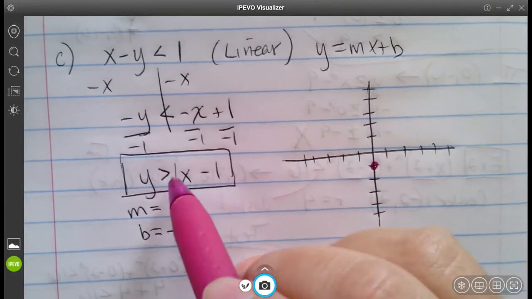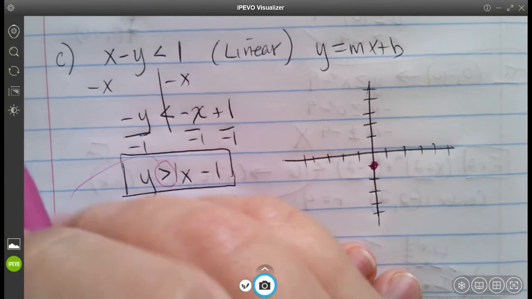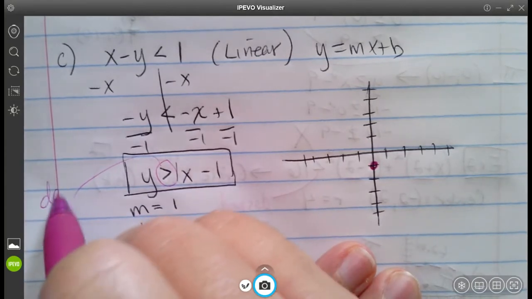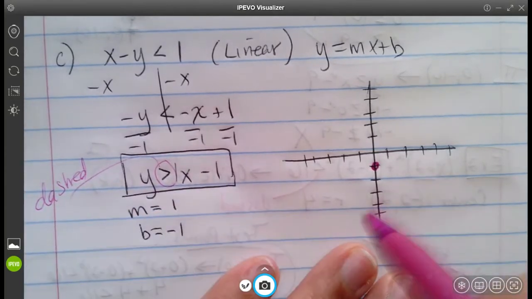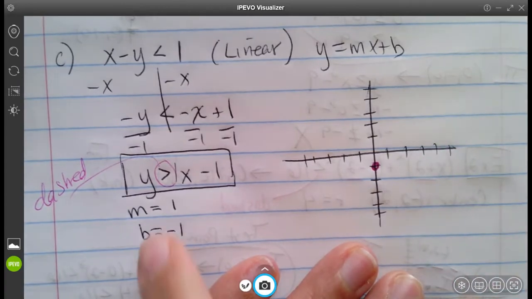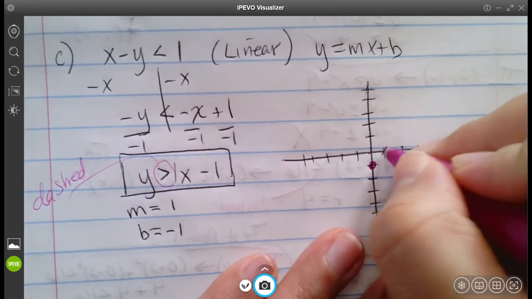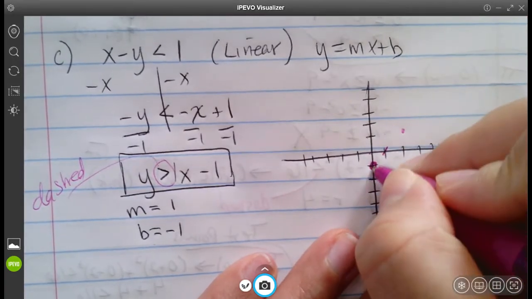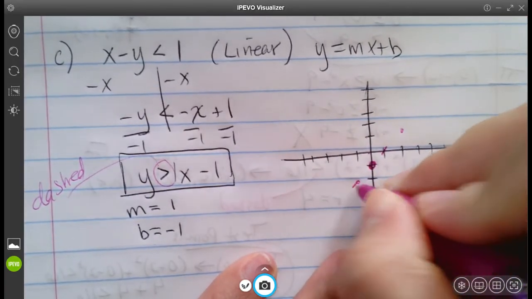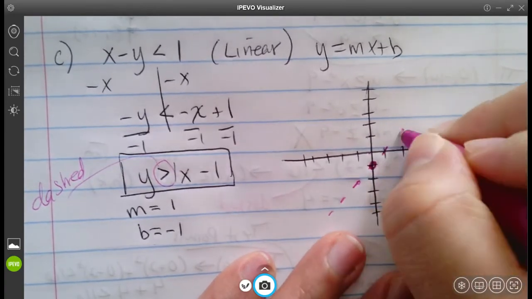And I also know that from here, this is going to be a dashed line. So make sure whenever we do our next point, we're doing dashed, okay? The slope is 1, which means from here, you're going to go up 1, over 1, up 1, over 1, down 1, over 1, and so forth. So it looks like this one does something like this,